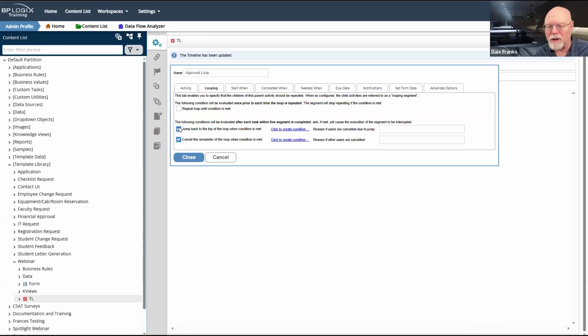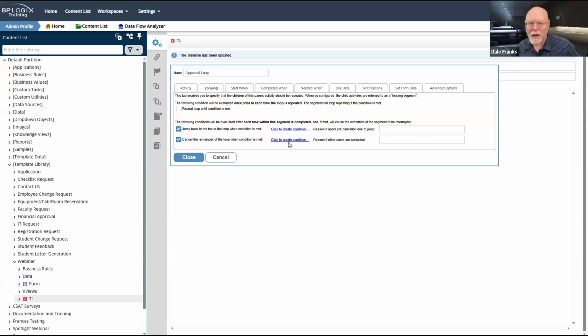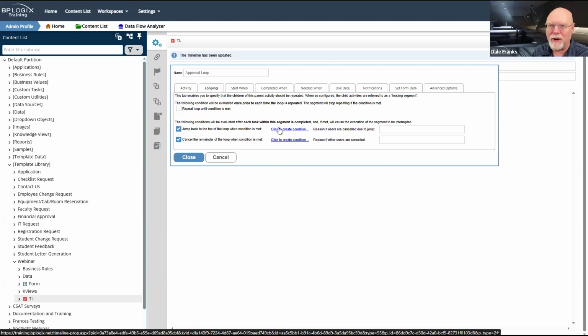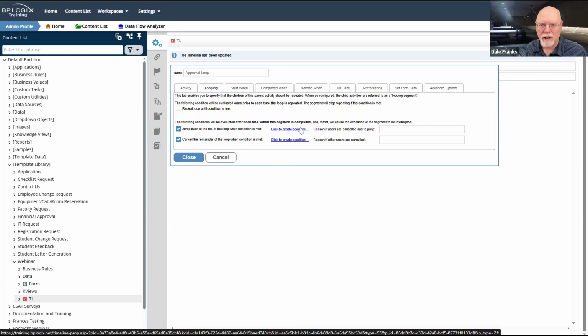It's simple just to go in and uncheck that box if you're not going to use it, but you might as well at least account for it in your template. So the worst thing that you have to do is just delete the initiator resubmittal activity and then uncheck this checkbox. But we're going to add it in here because it is often used, and it's nice to have it in your template because it will just exist when you create the application based off of it.